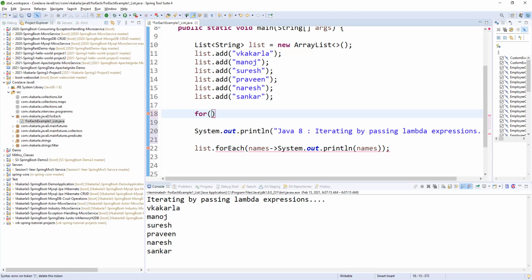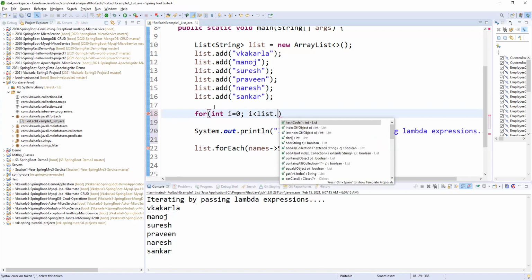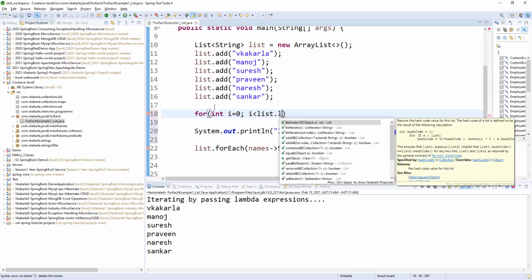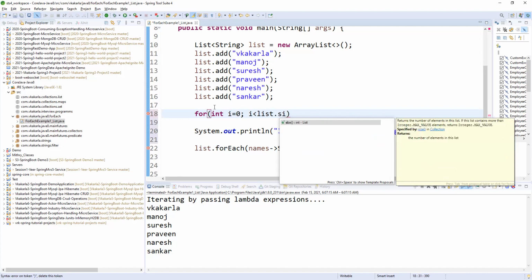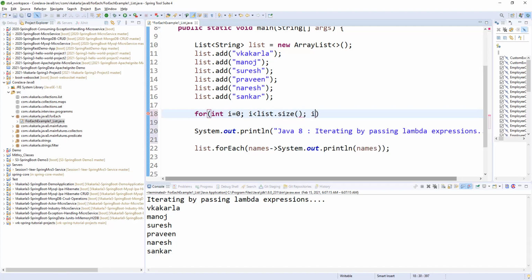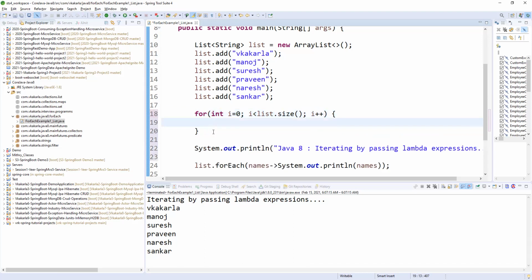I can use the enhanced for loop, or I can use a for loop: int i equals 0, i less than list.size(), i plus plus. Here we are printing the elements.